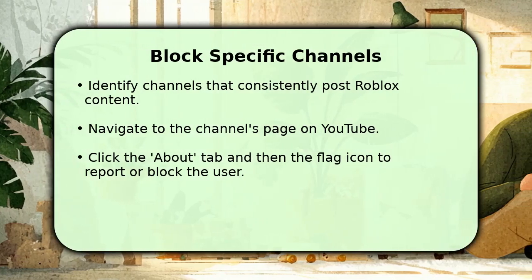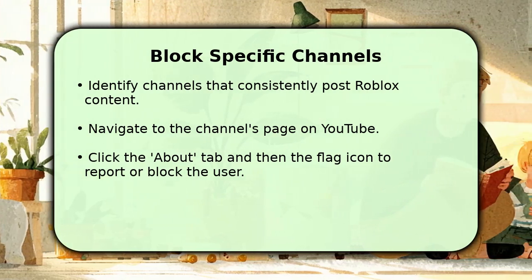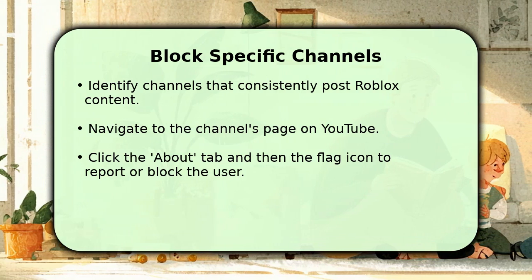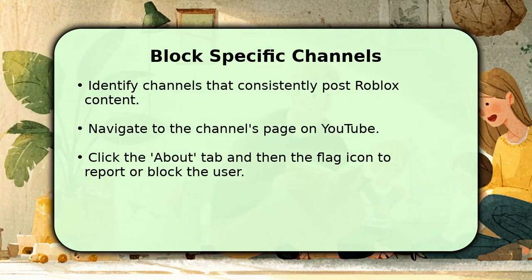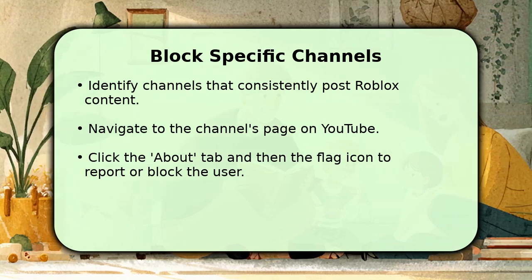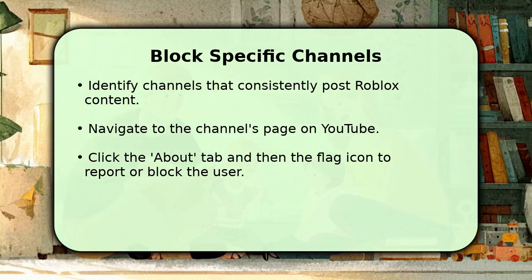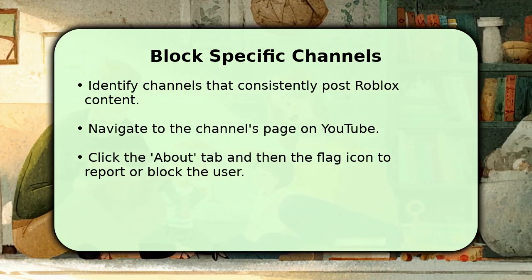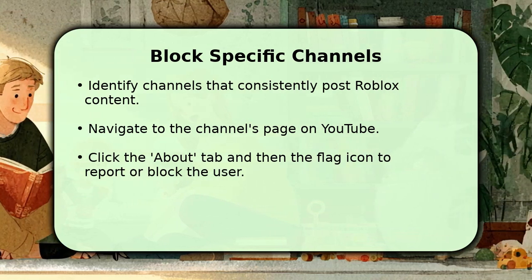To block specific channels, begin by visiting the channel's main page. Once there, look for the About section, usually located near the top. Within the About section, you will find a small flag icon. Click on it to reveal more options. Select the Block User option from the drop-down menu. This action will prevent videos from that particular channel from showing up in your recommendations or search results, helping to